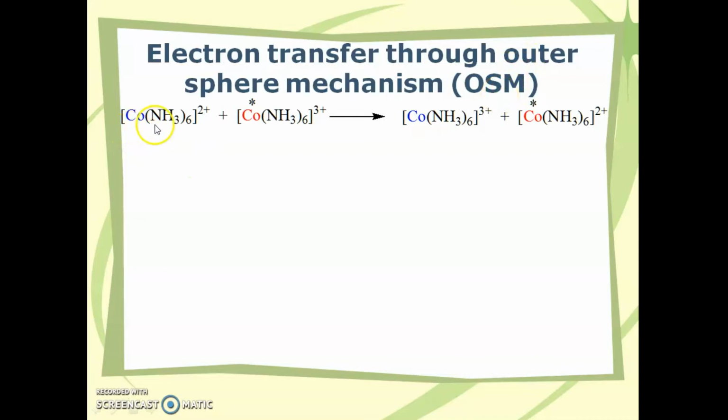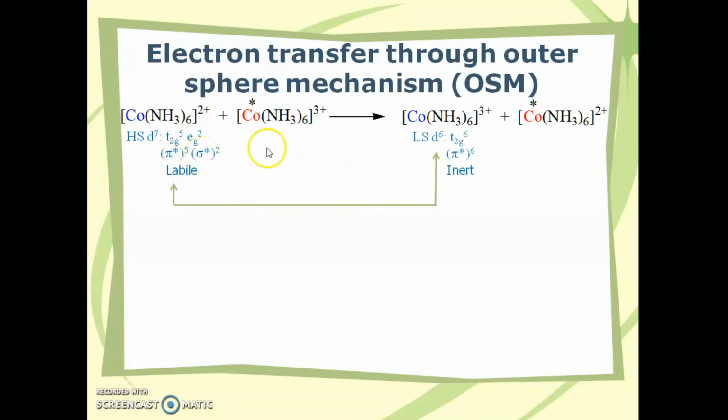Now here, two different cobalt ammonia complexes, in two different oxidation states of cobalt, are given. We will try to understand this. Now here this is a high spin cobalt complex in 2+ oxidation state. It is d7. So this is t2g5 and eg2. This is a labile complex, or we can label it as pi star 5 and sigma star 2.